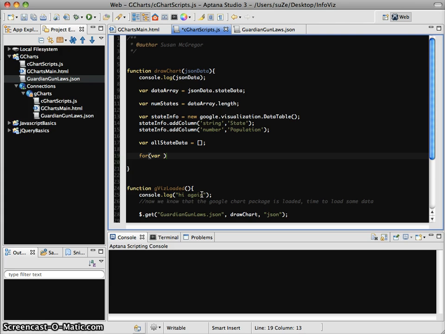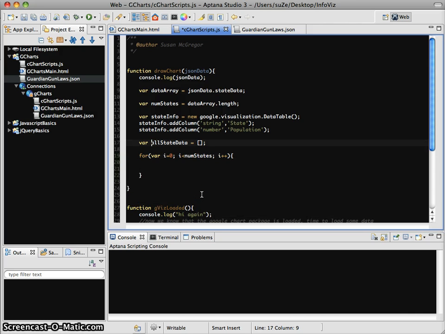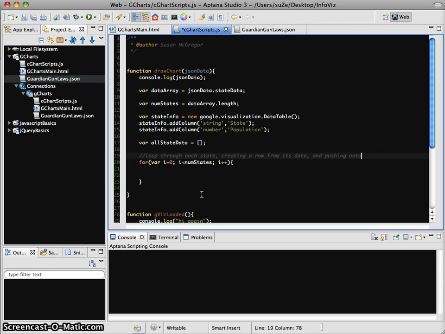Now we're going to get into our for loop, right? So var i equals 0, i is less than num states. We understand this. i plus plus, right? We're going to loop through each state, creating a new row from its data and pushing it onto our all state